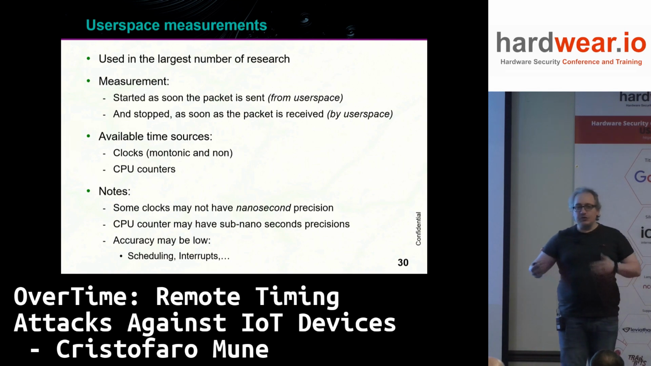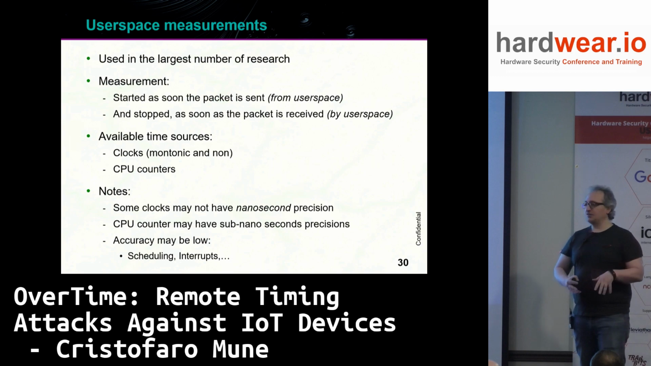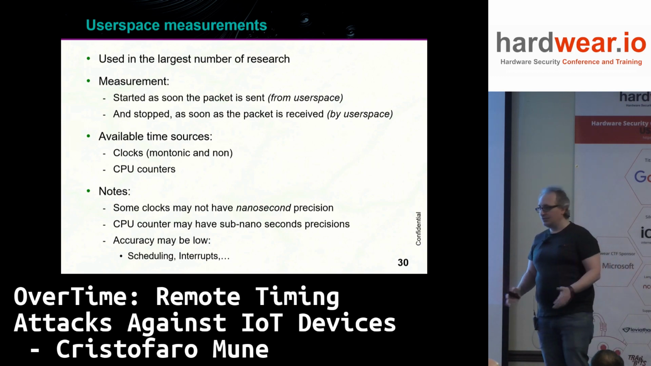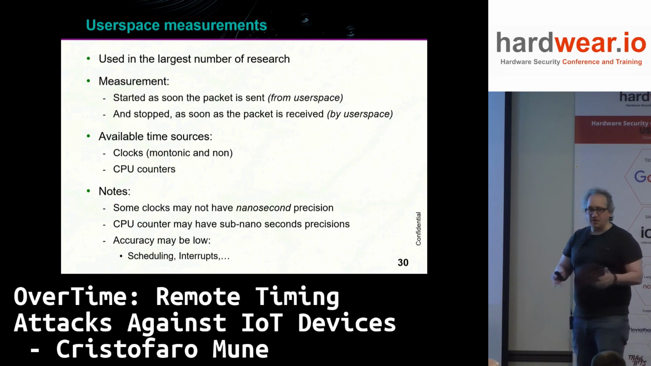The point is that the accuracy may be low, and that's a good suggestion. With interrupt coalescing, you can do something, but there's not much you can do from user space. You're still subject to scheduling, and to being preempted by other processes. It's not much that you can actually do. But still,